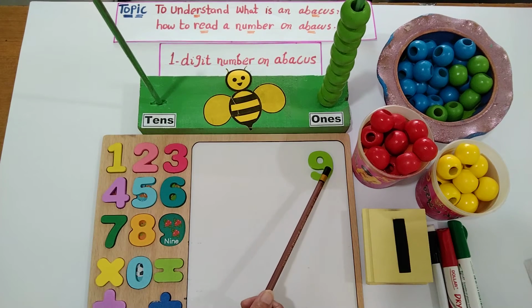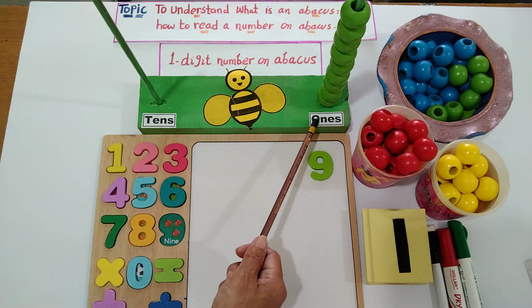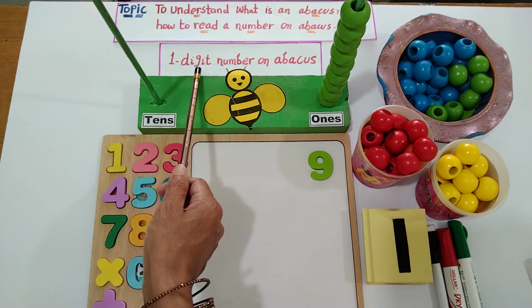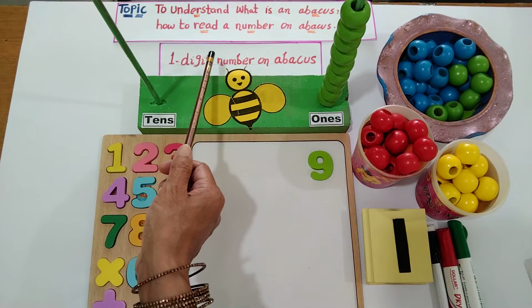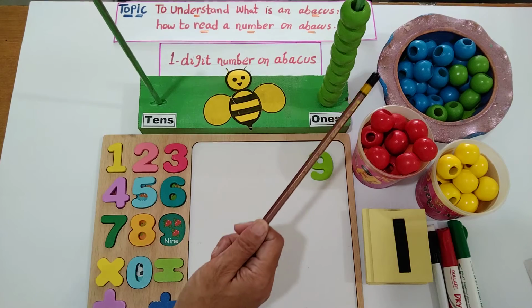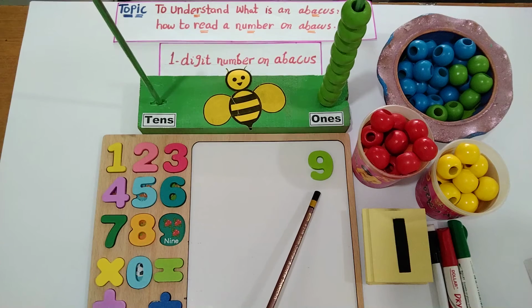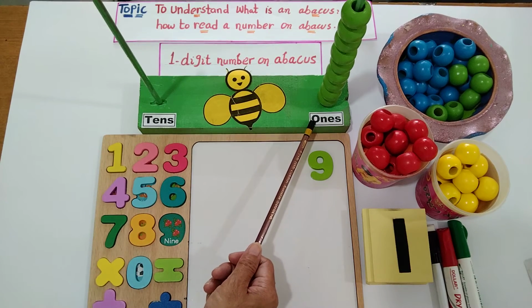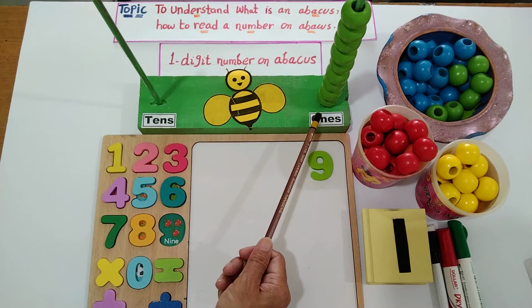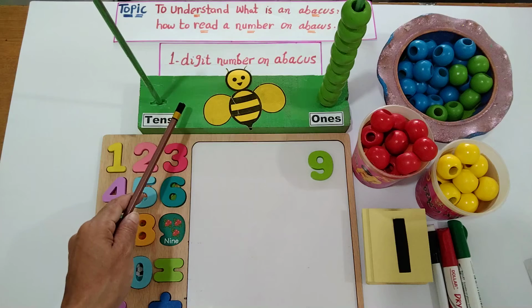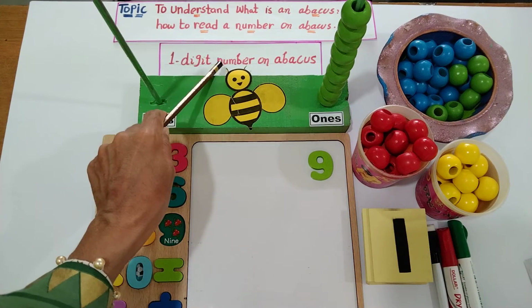This is called a one digit number because the numbers on the ones place are called one digit numbers. So actually we are showing one digit numbers on the abacus by use of these beads. So 9 is a one digit number, and one digit numbers are called ones. Okay dear students, I hope you have understood what an abacus is and how to read one digit numbers